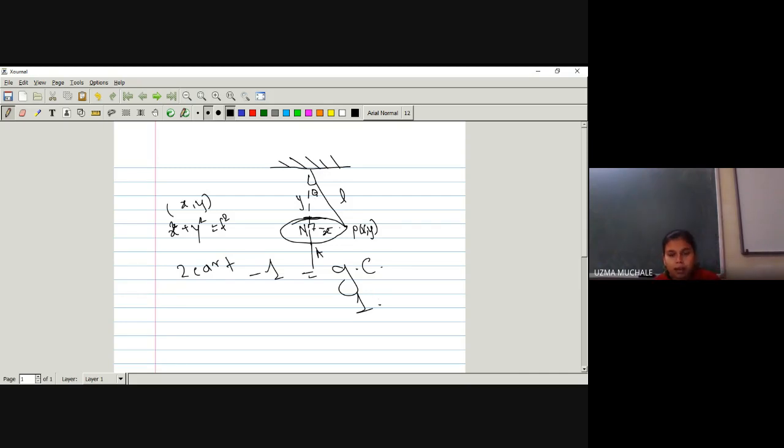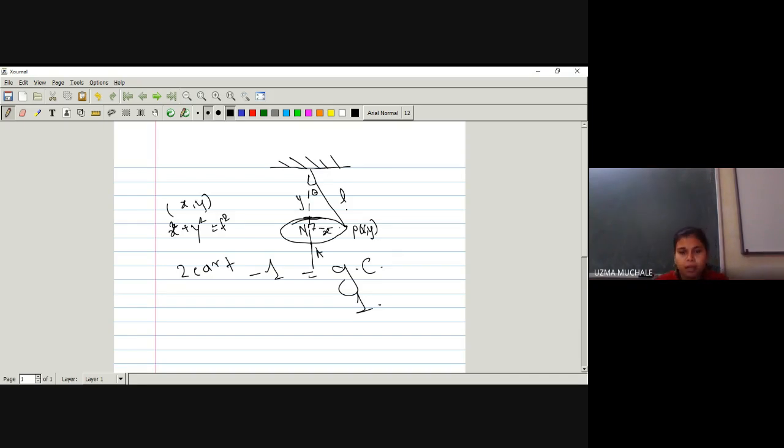If you know the angle theta, then obviously you can show where the position of the particle is, right? These two coordinates x and y also give you the position, but they are dependent on each other. X square plus y square is equal to L square. So if you know the value of x, then you can find the value of y, because L is constant. L square is also constant. Why? Because this length is constant, it is not a variable length.